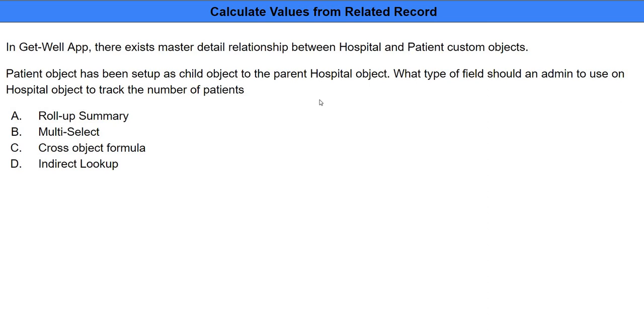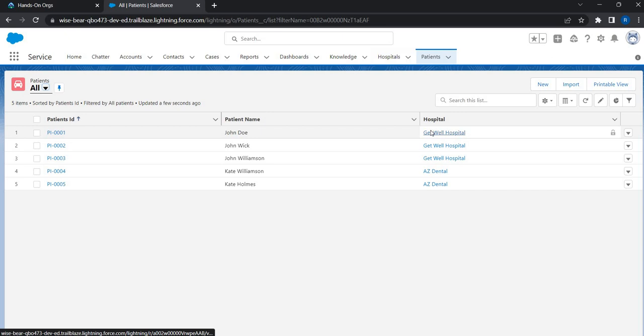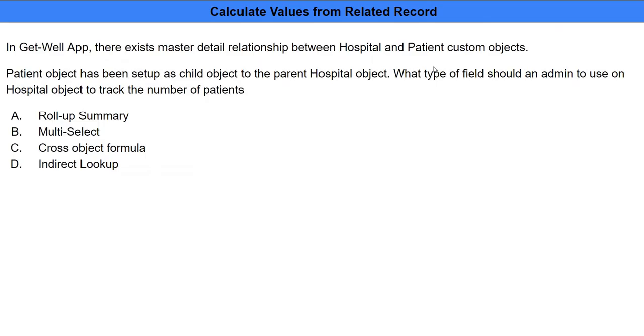That should be on the parent object, which is hospital. So if I go to this Getwell Hospital, I should see a field right here that shows the total number of patients. Now we are talking about related objects. There exists master data, which is a parent-child relationship, isn't it? When you have two objects with a parent-child relationship, and especially when you want to compute the totals,